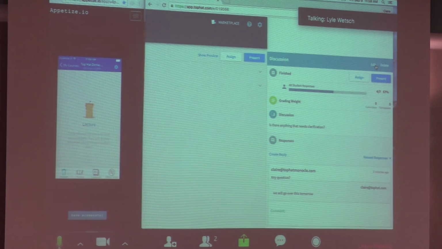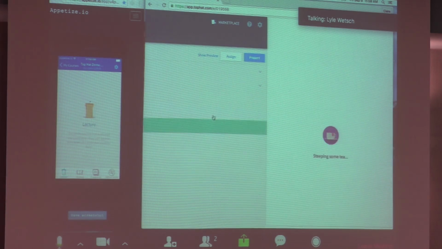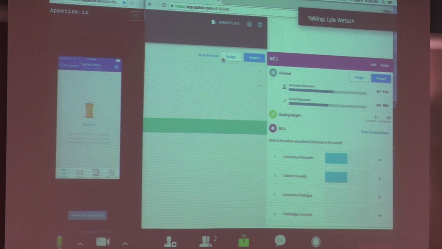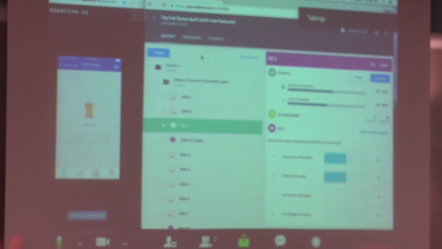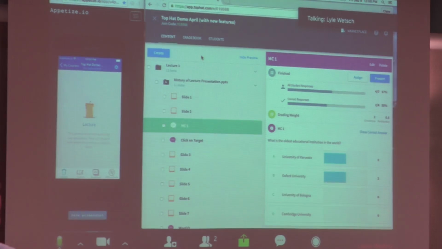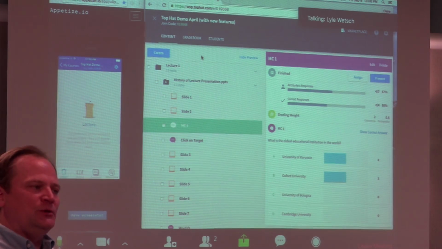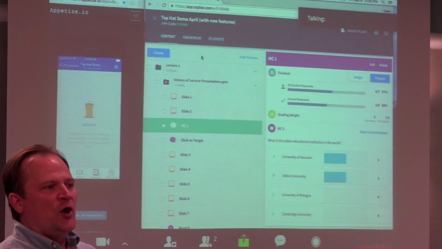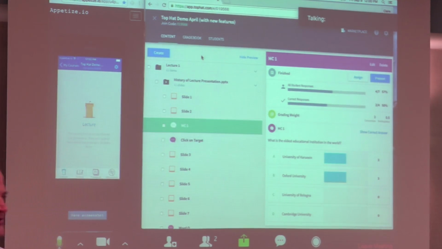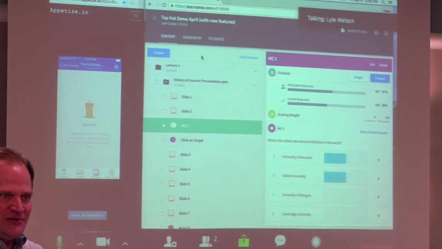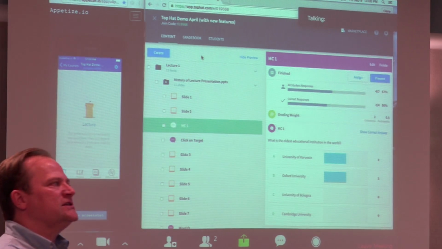Just while you're doing that, Claire, I want to provide a little bit of insight to the faculty here, because we just finished a previous presentation, so I wasn't able to give as much lead-in to your presentation, and we've got a little more time on the back end. One of the reasons why we're taking a look at Top Hat is that I've looked at a lot of interactive systems, and I'm on a committee with Memorial University that's looking at the different types of clicker technologies and in-class engagement tools and those sorts of resources.